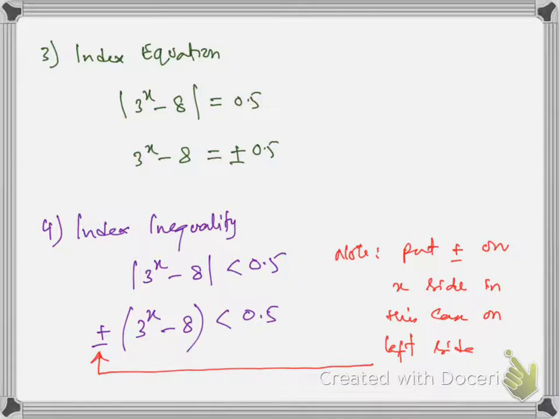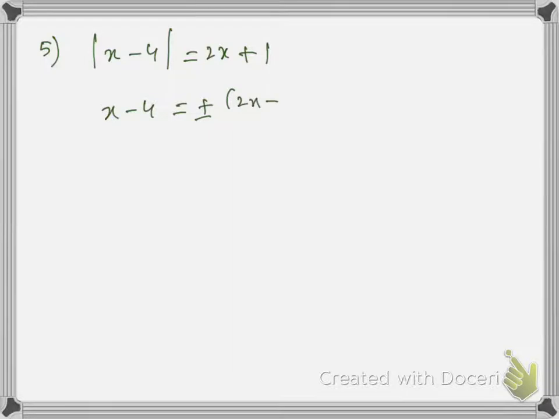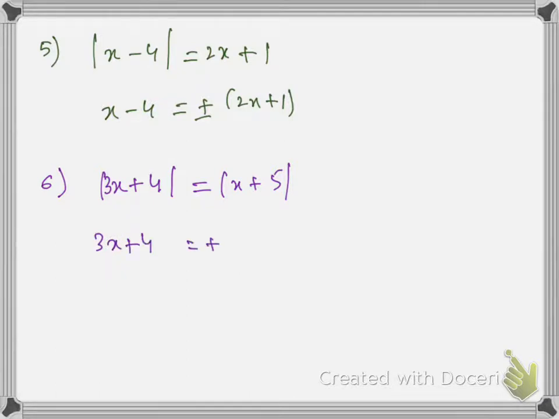Now let's do two more examples to understand this plus minus method. Example number 5. We can remove modulus by writing plus minus either on left side or right side. You can write it plus minus on any side. Example number 6, we have an algebraic equation, which has modulus on both the sides. We can remove modulus by writing plus minus on either side, either on left side or right side. So these are the examples to understand this plus minus concept.